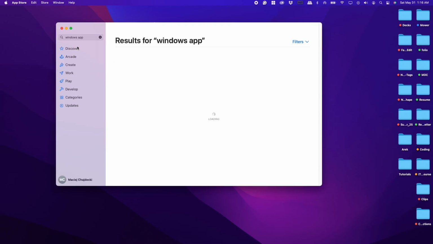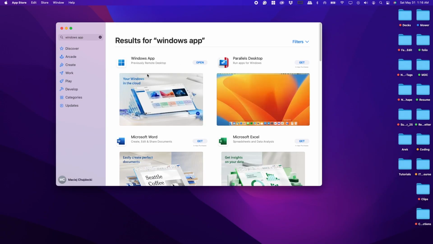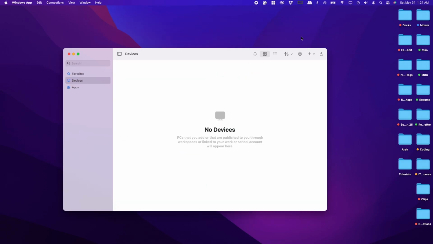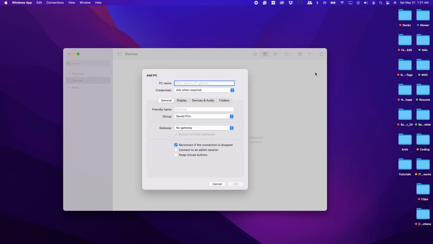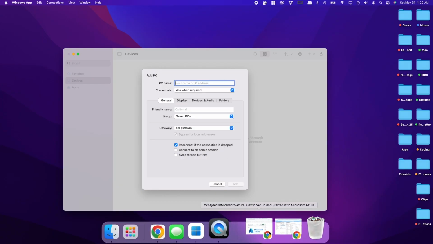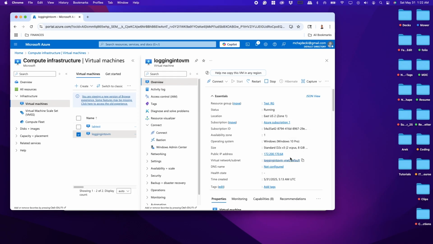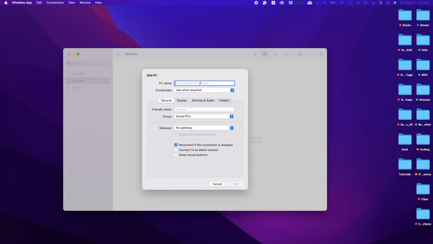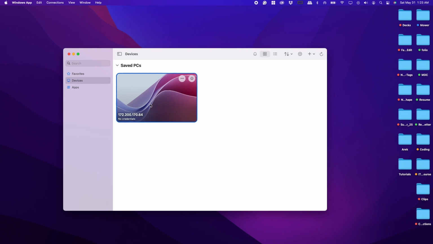So now we will navigate to find it. And this is what it looks like right here with these four windows. You want to click this Add PC. And now we will copy the IP address that we've created in our virtual machine. You can copy it this way, or copy the clipboard. And once you copy the IP address into this box, you can click add, and then you double click this,